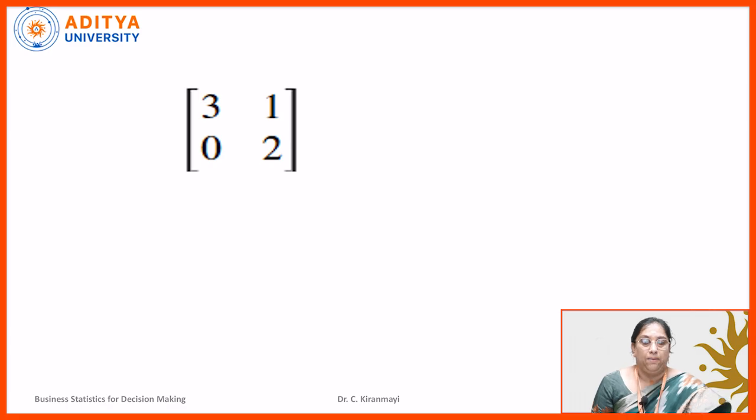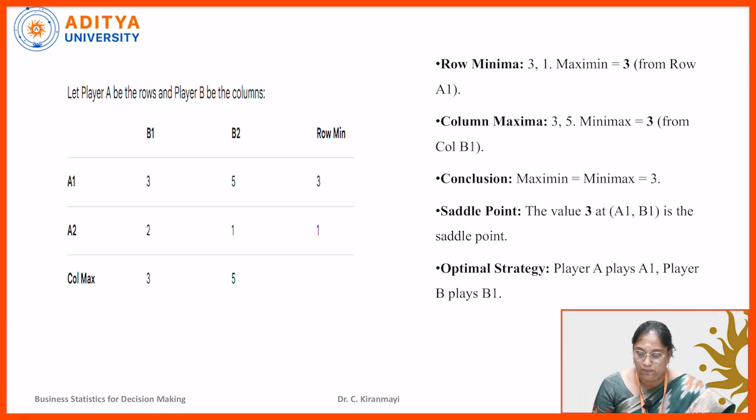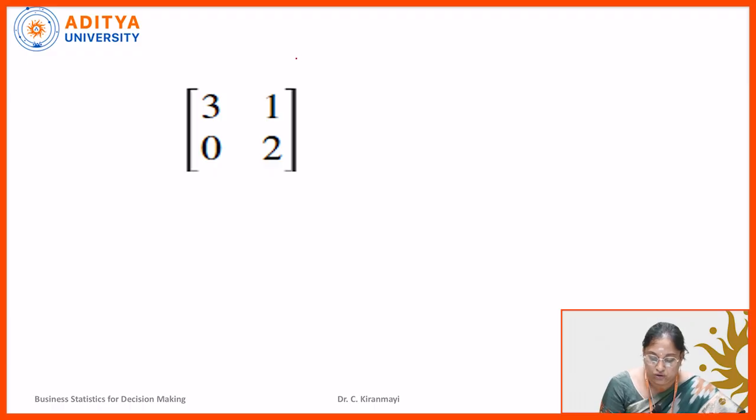Likewise, for example, you may have doubt, madam, when there is no saddle point, how to solve the game without saddle point? First, let us check out. So, whenever we are solving a game, first we have to check out for saddle point. Okay, so how do we check saddle point? Using this principle maximin minimax. So, maximin for rows,